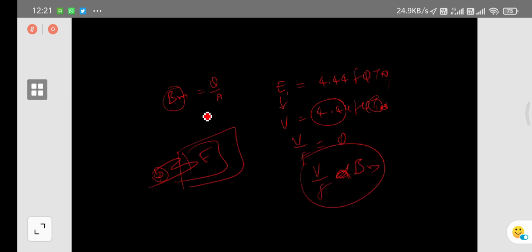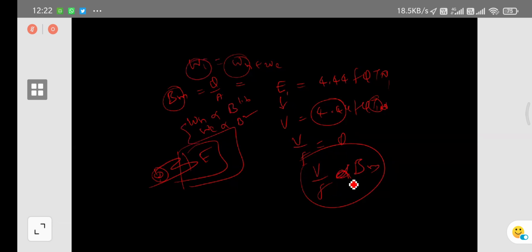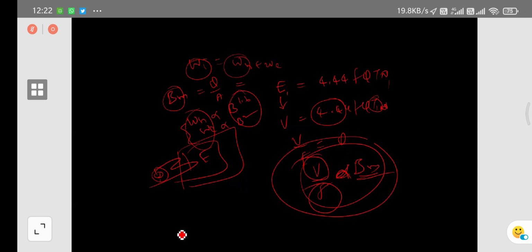Iron losses are nothing but hysteresis losses and eddy current losses. Wh is proportional to Bmax to the power 1.6. We is proportional to B square. Similarly, the combination of these two is nothing but iron losses. So what I showed is the effect of variations in frequency and supply voltage on iron losses. And iron losses always depend on the maximum flux density. That's why we get this relation.